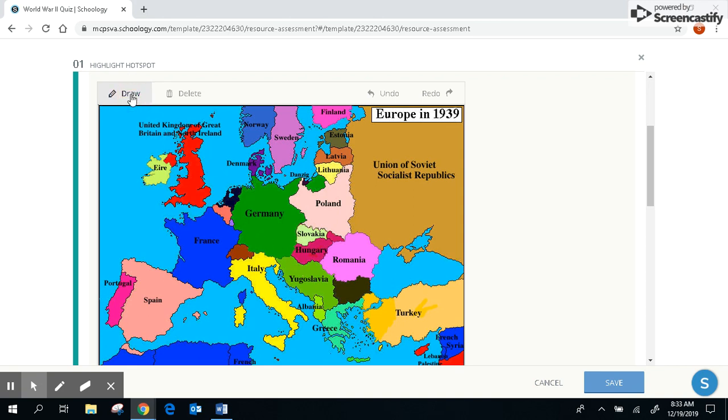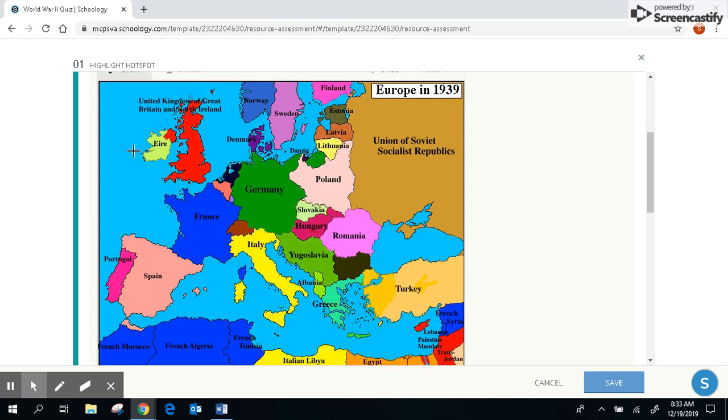You'll notice I've selected Draw, and I'm going to go ahead and outline those different countries. This is the part that takes a little bit of time, and you'll notice what I'm doing is I'm tracing each country, making sure that my last section finds the first dot. You'll also notice I'm not taking the time to actually outline it completely. I'm going to make a rough outline